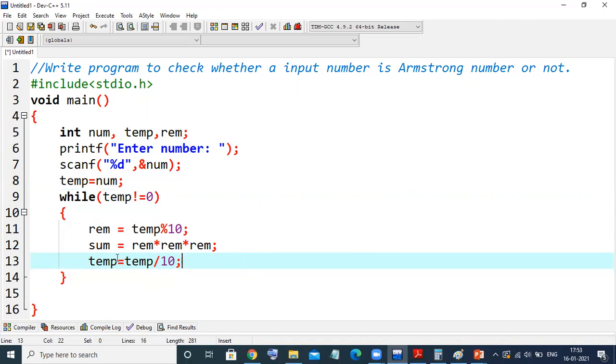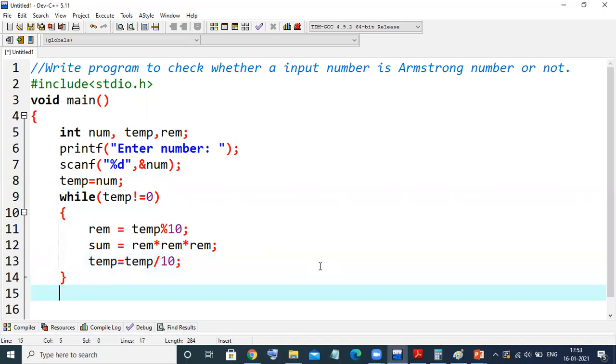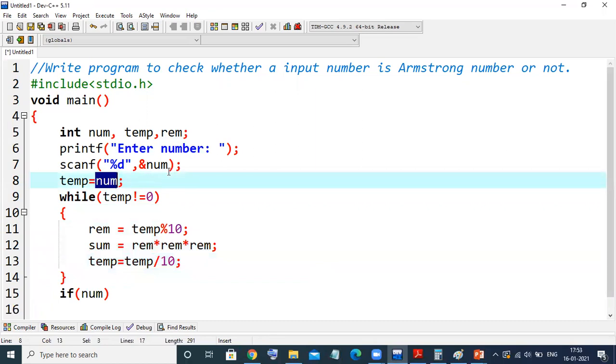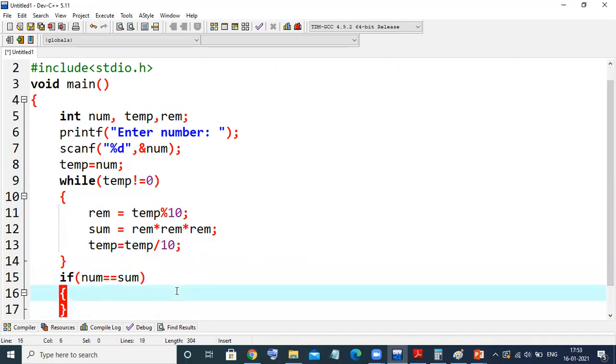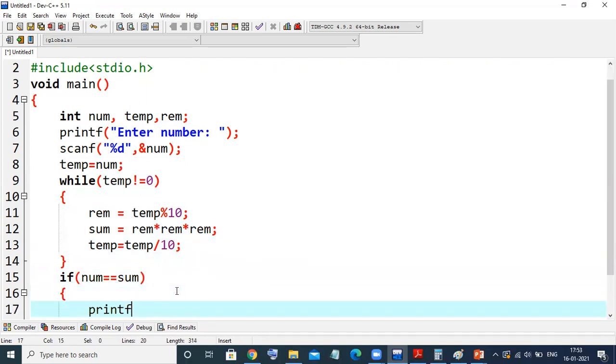Okay. I'll explain by taking one more example. At last, we'll check this if num. Now what is num? See, num is as it is, whatever number is entered by the user. If this num is equal to sum, that means printf percent d is Armstrong number.